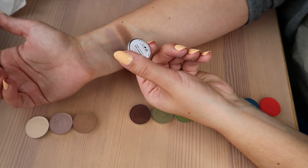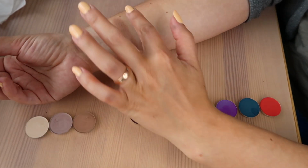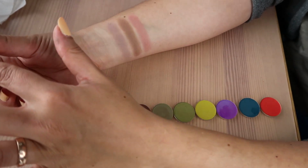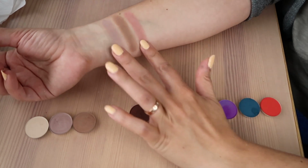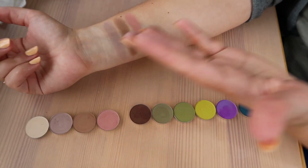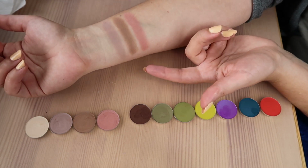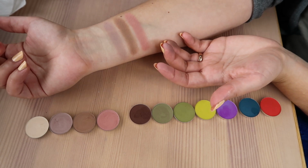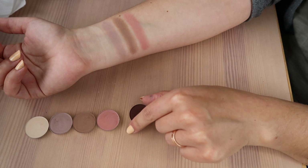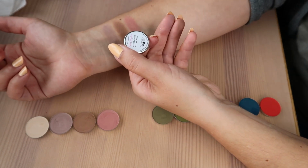The next one is Brudny Roz, which could be bridal pink. It's a nice warm pink matte. Talking a little bit about the formula of these, I found that they are quite a soft powder. They're not extremely pigmented, in the sense that especially now I'll show you for the dark brown, you don't get a very deep pigmentation. The next one is Czeko,